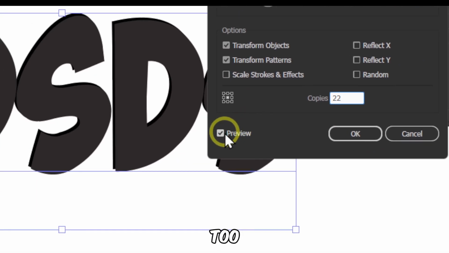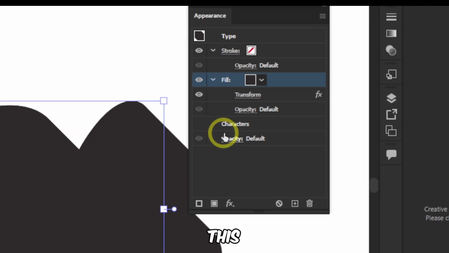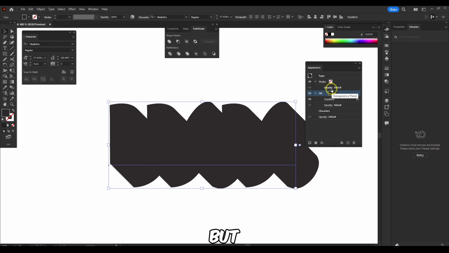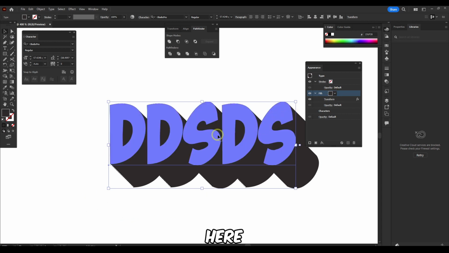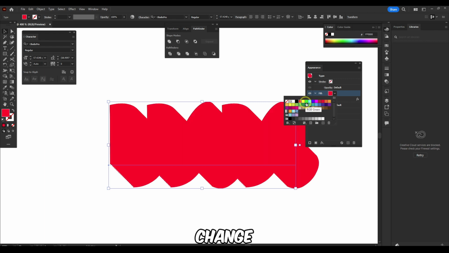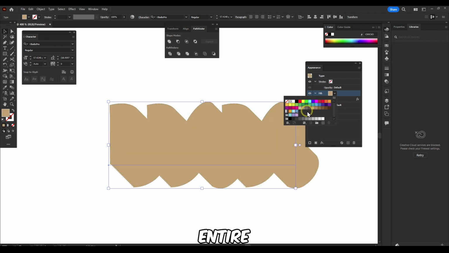Oh, probably that's too much, but just click like this. Now we have a fill. We don't have stroke, but what we have here is this effect. But if you change this, it's going to change the entire thing, which is fine. But